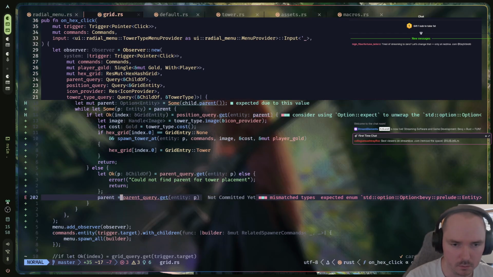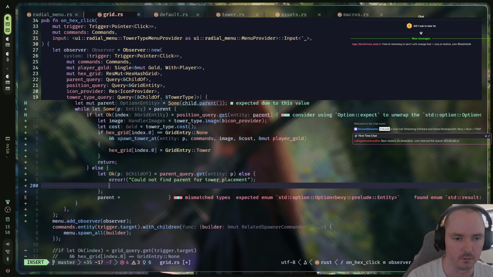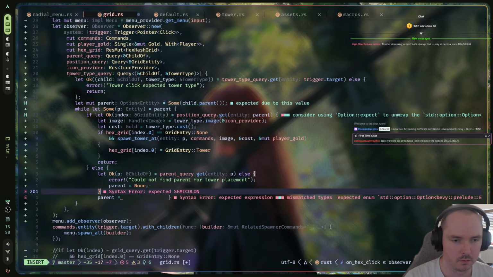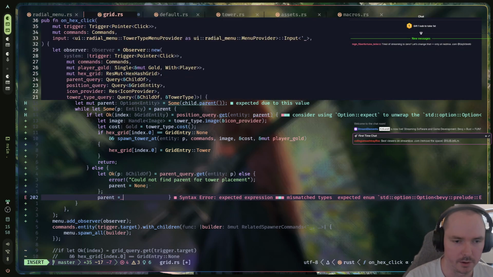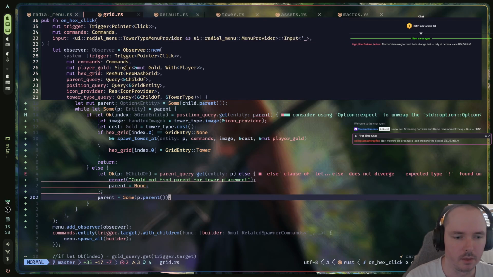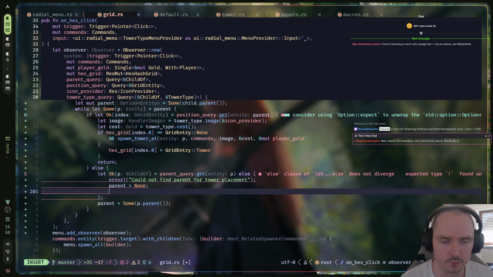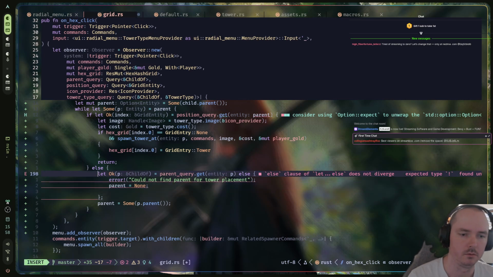And now actually then I can here just say parent equals none. Else my parent would be Some(p) parent. That else does not diverge. Okay, then I need to if let